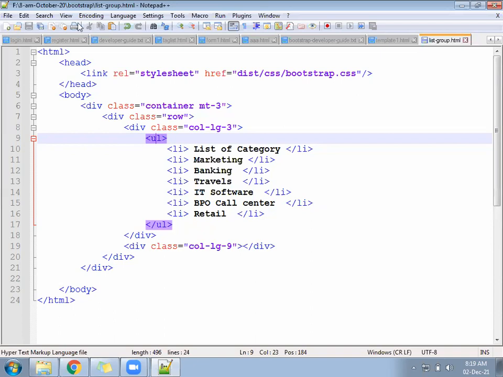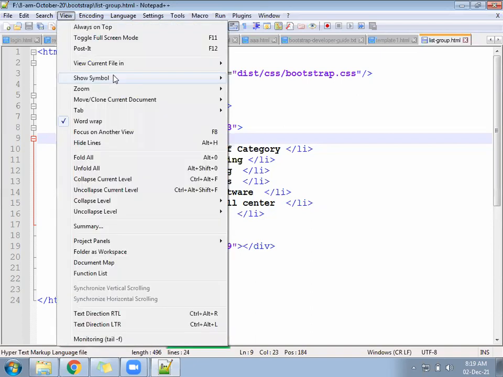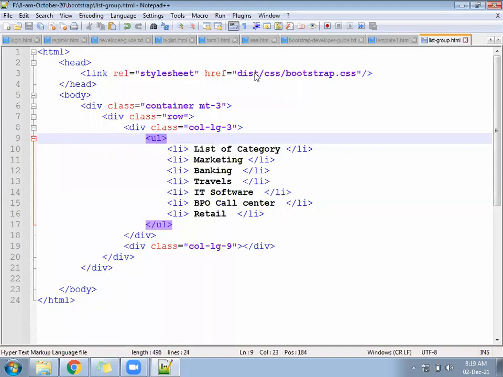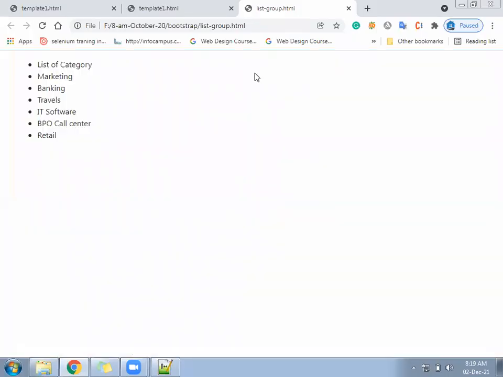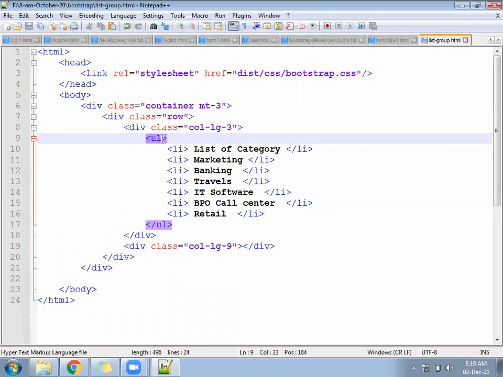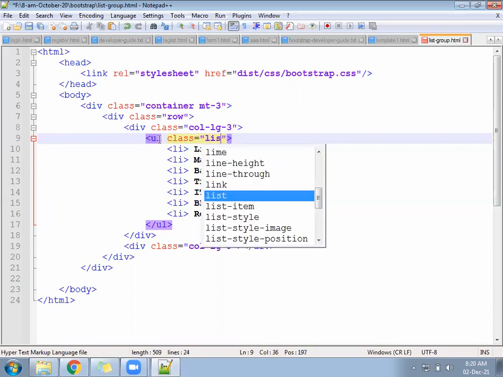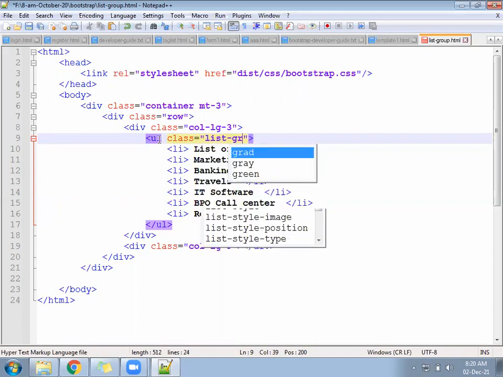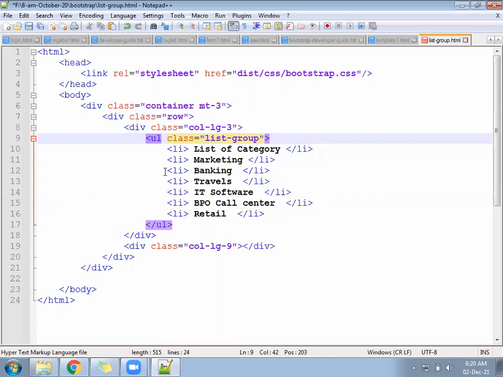Now, if you run this build without CSS, it will look like very plain, normal HTML, how it appears. You can say normal text is coming like an unordered list. Now Bootstrap has given a class called list-group. List-group will go for the UL.